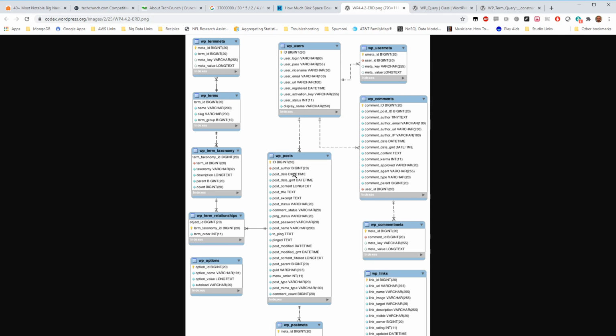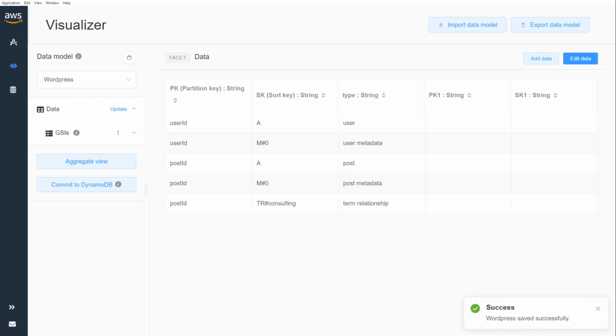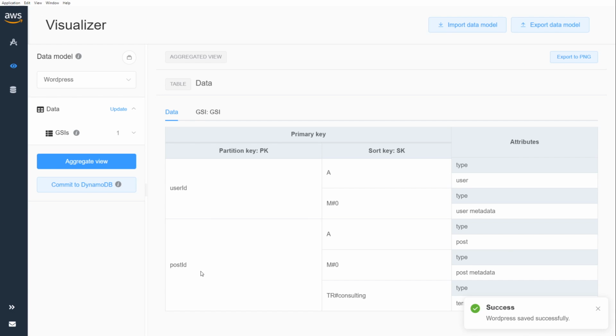Not always, right? We might have defined some of these things on the relationship or on the edge. But more or less, some of the items in that partition might be metadata, as we described. If you think about it, what we're doing in the model is creating a one-to-many relationship between the post and the metadata, and that's what these things are. So if I go back to our data model and look at the aggregate view of what I've just created, what I've got is some partitions that have some items in them, and there's a one-to-many relationship between